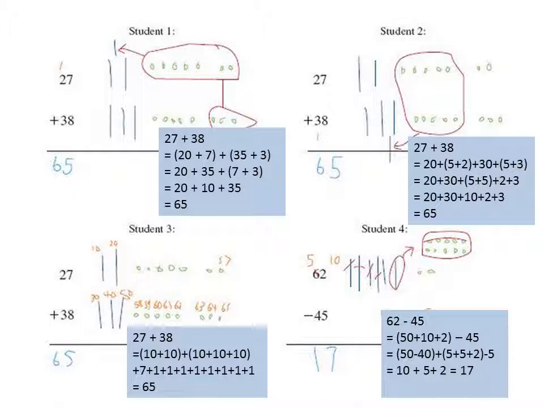Finally, we have student 4's work, which demonstrates a subtraction problem. Here we see that the student was able to regroup that 10 into 10 ones in order to have enough ones to subtract the 5 ones in 45 from the 2 ones in 62. So the student decomposed 62 into 50 plus 10 plus 2 minus 45, and then was able to reassociate the 50 minus 40 and deal with the tens place of the number, resulting in 10, and then was able to take the 5